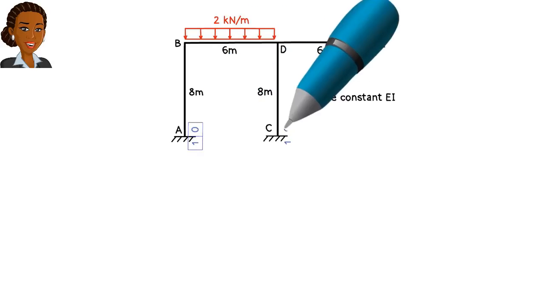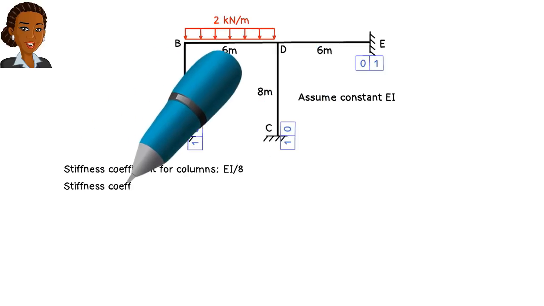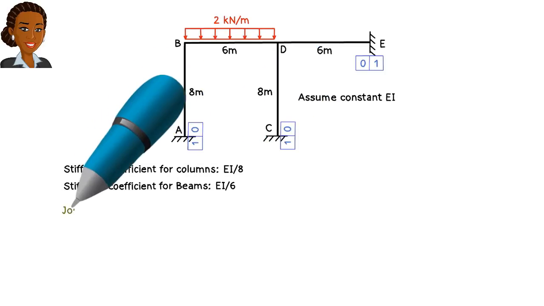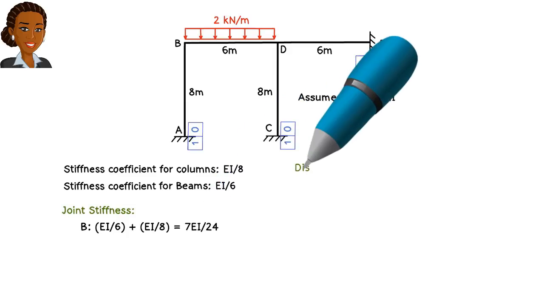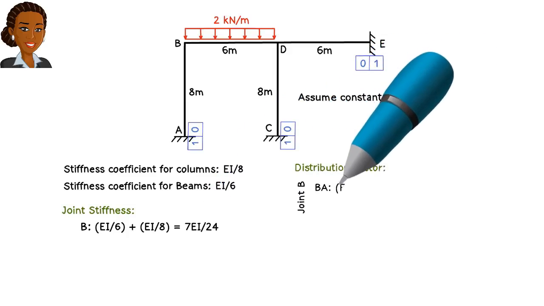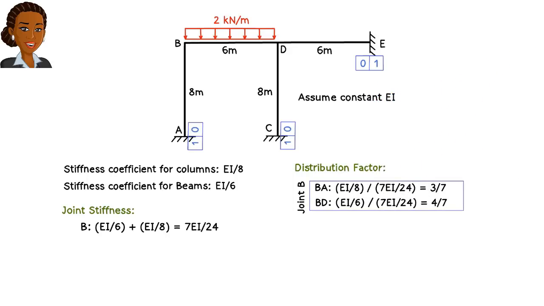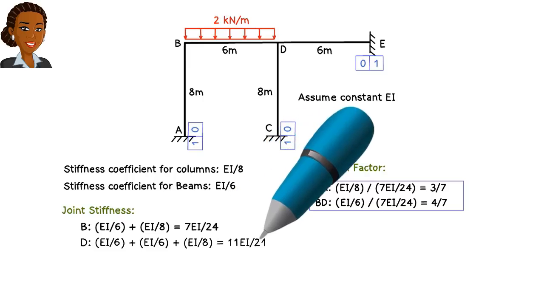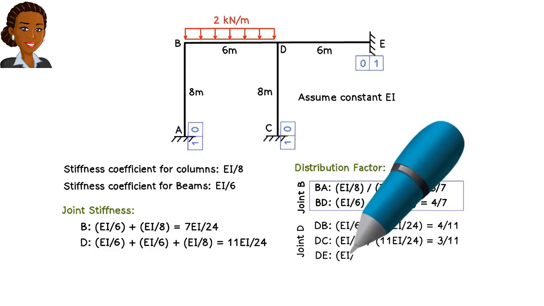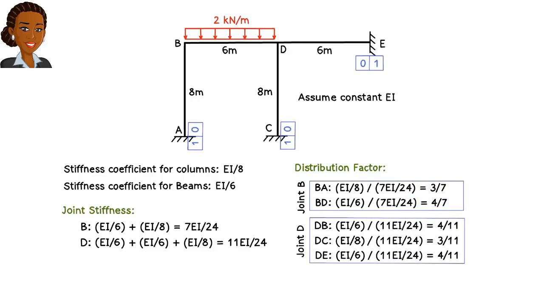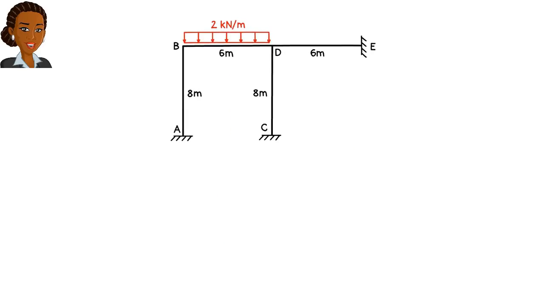At the fixed supports, we have, for joint B, we can write and for joint D, we get The fixed end moments for member BD are